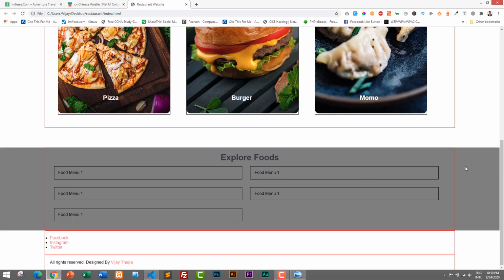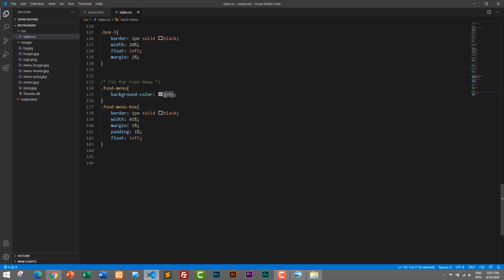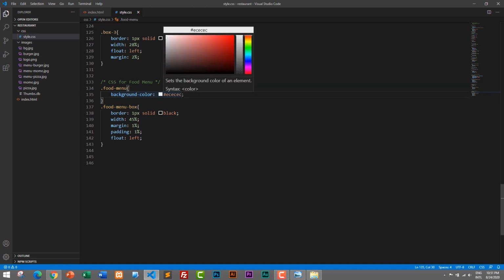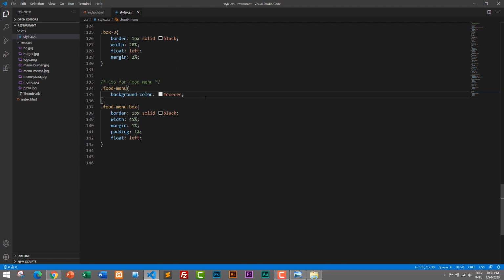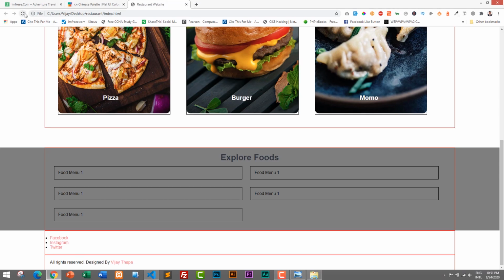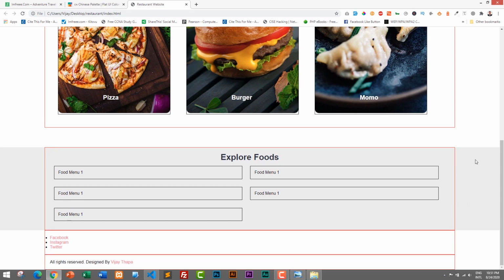but not this much gray, just lightly gray. Okay, I have already selected a color for that, so I'll paste it. This is EC. You can copy this and paste it in your background color as well. So I will refresh it. Now it is slightly gray, not very different, but I want this food menu box to be